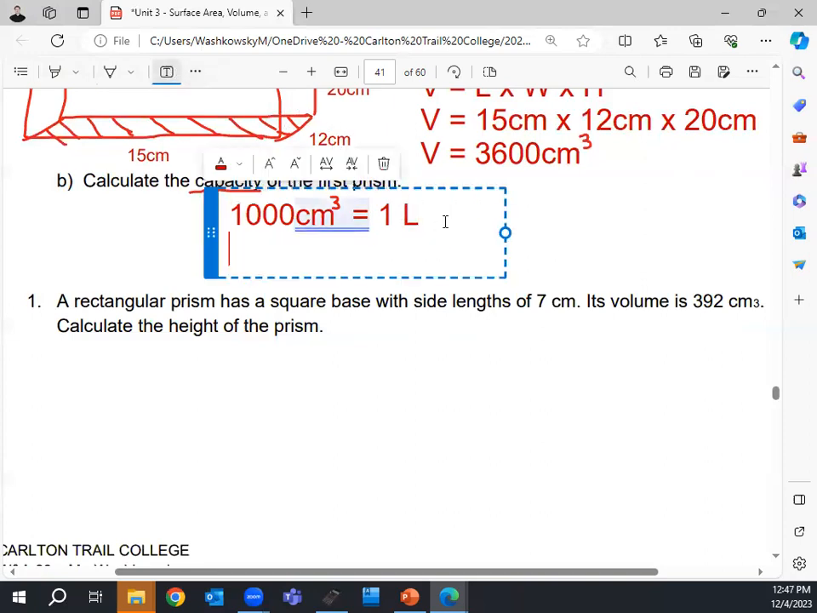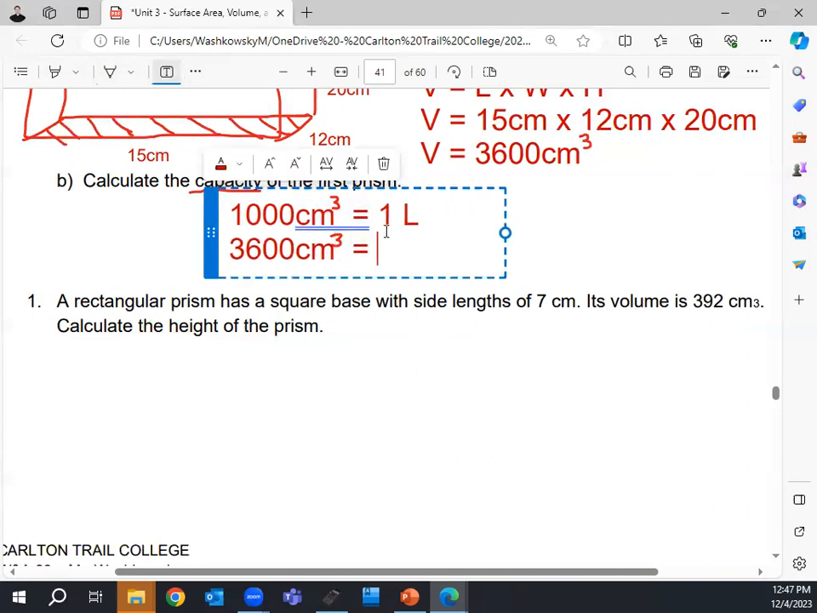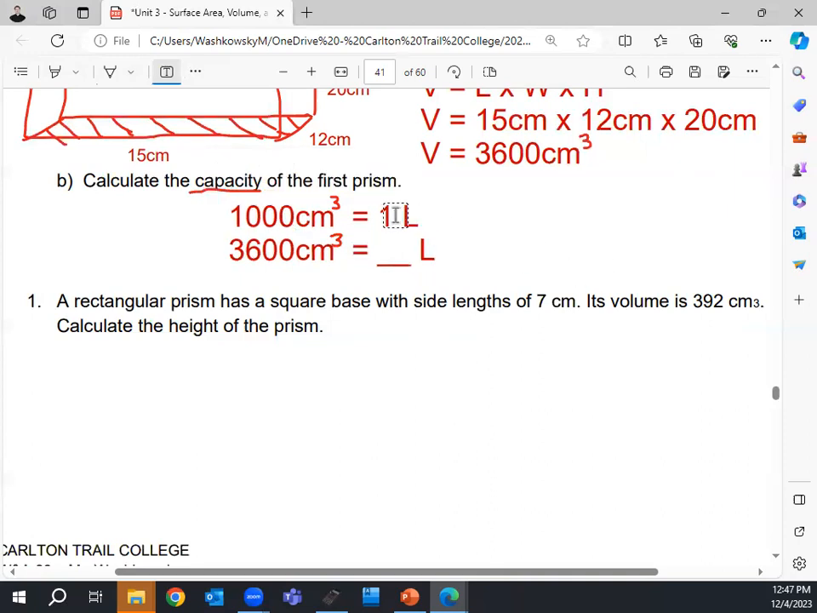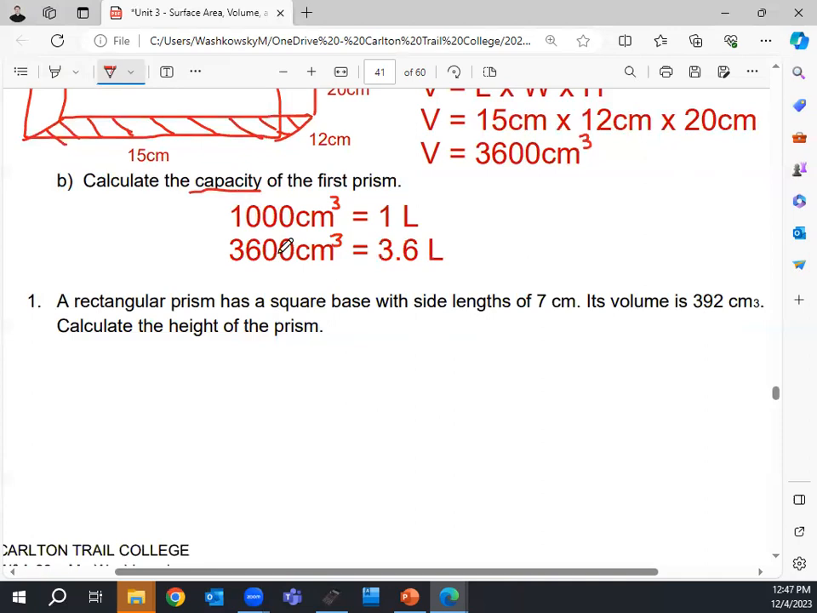But I know what I have. I know that the volume here is 3,600 cubic centimeters, right? So now I want to figure out what the capacity, or rather, how many liters is that? 3.6. It's going to be 3.6. Now, you're right. How did you get 3.6? Well, 1,000 cubic centimeters is 1 liter. 3,600. Yeah. What we kind of did in our head is, well, I just know this is just 3 times 6,